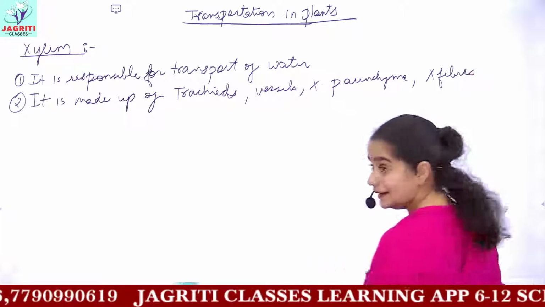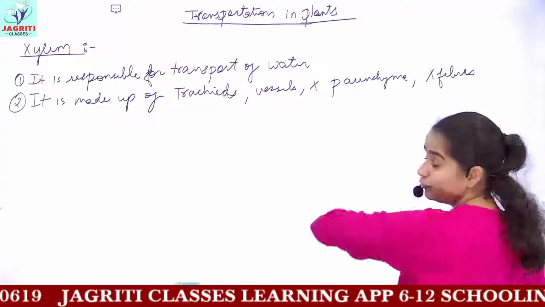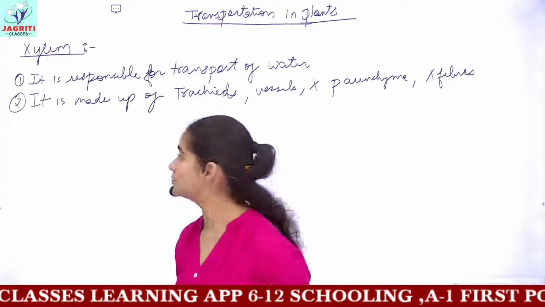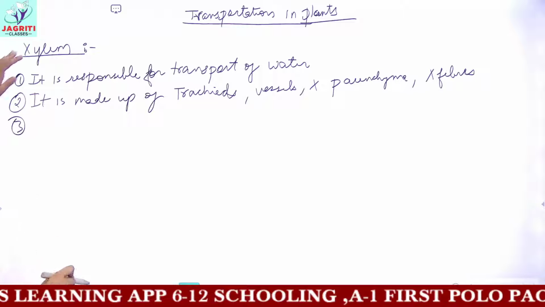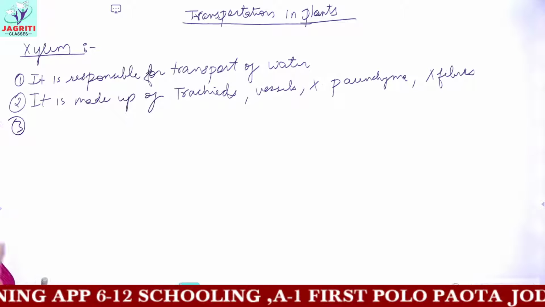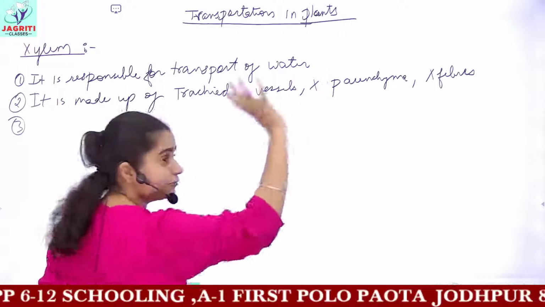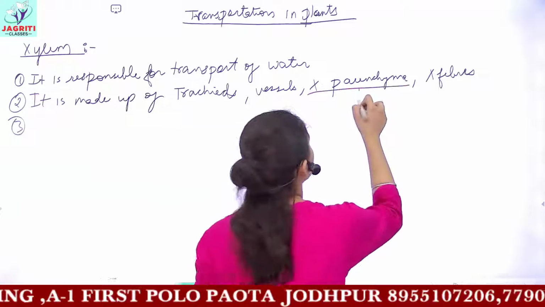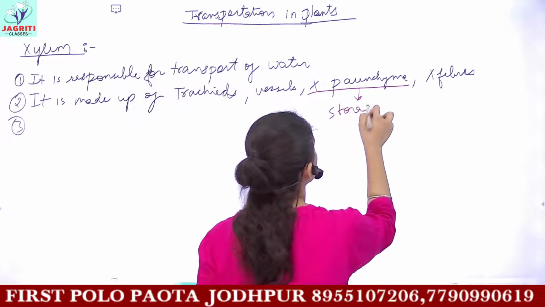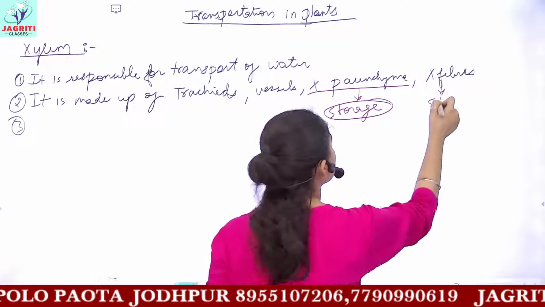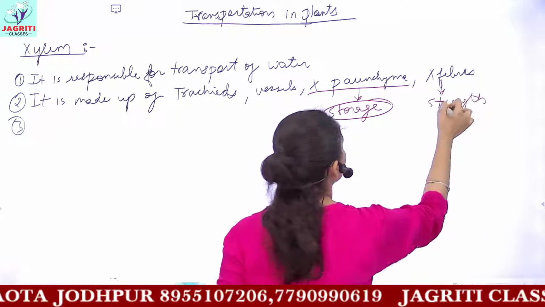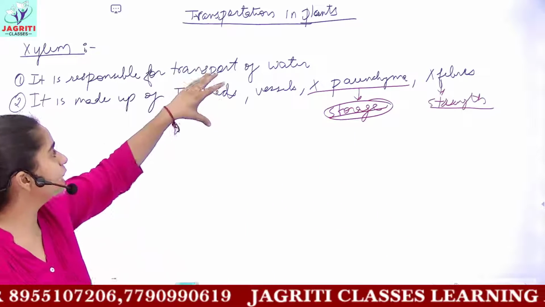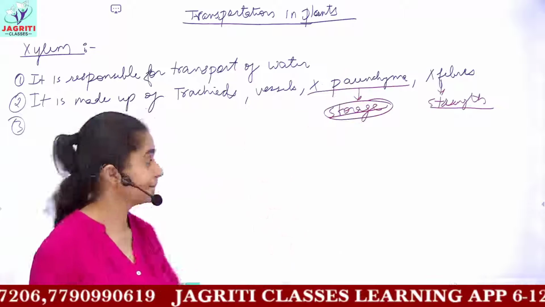Because you have read in 9th standard, because it is composed of 4 different types of cells, this is also known as a complex permanent tissue. You call xylem a complex permanent tissue. Why complex? Because it is made up of 4 different kinds of cells. Now, writing the function: xylem parenchyma is responsible for storage, and xylem fibers are responsible to provide strength. So parenchyma and fibers do not have much significant role in the transportation of water.